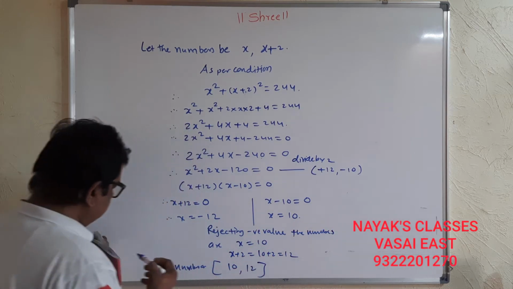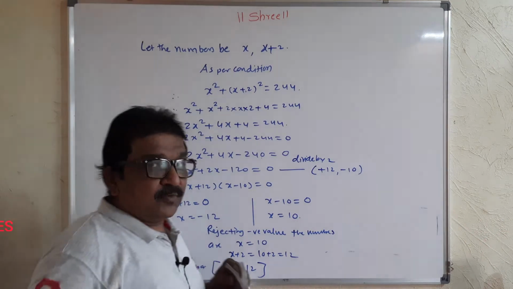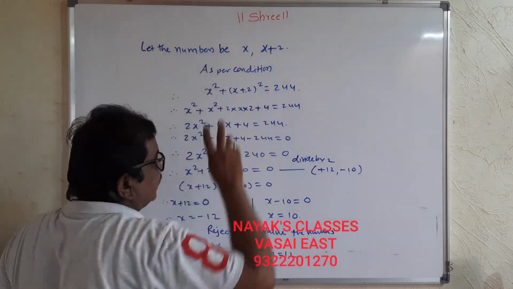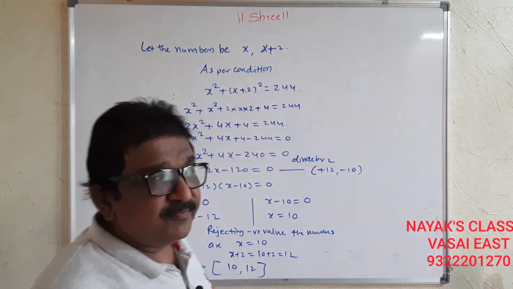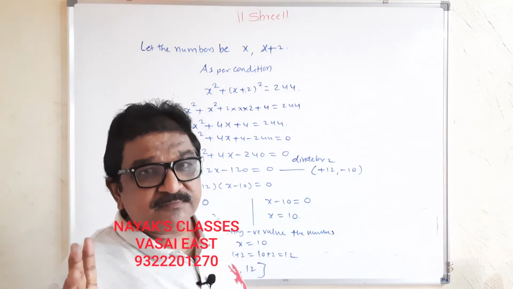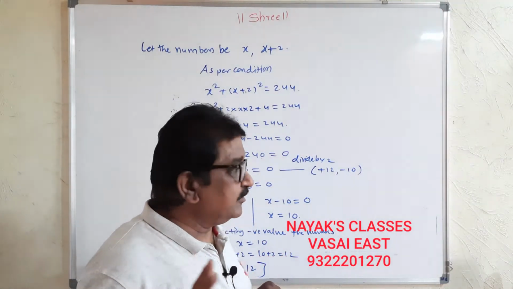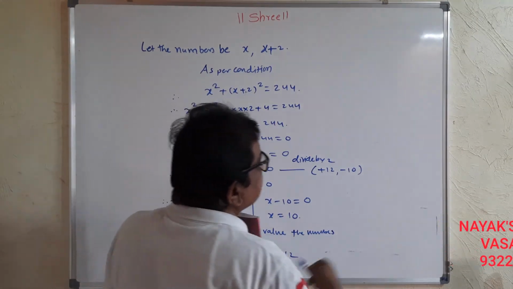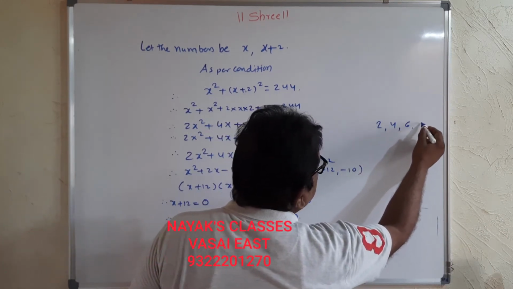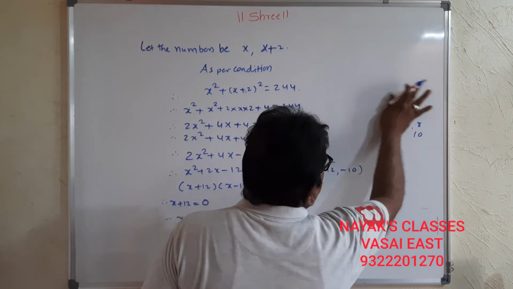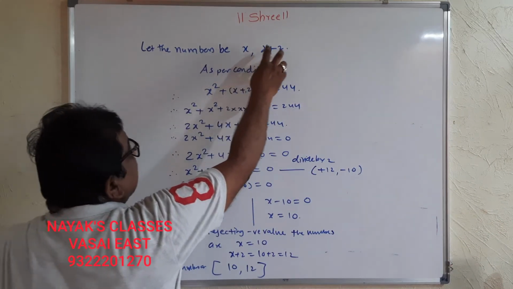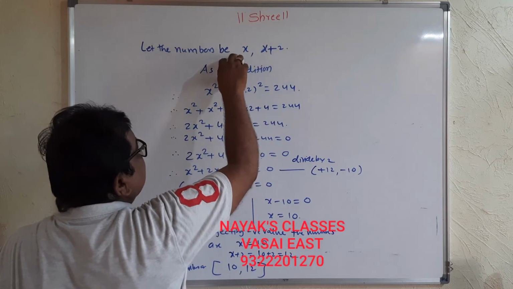10 and 12. Once again I am explaining. Two numbers are there, and what is the condition behind them? They must be even natural numbers. Even numbers have a difference of 2, 4, 6, 8, 10. So we have taken x and x plus 2, and as per the condition,